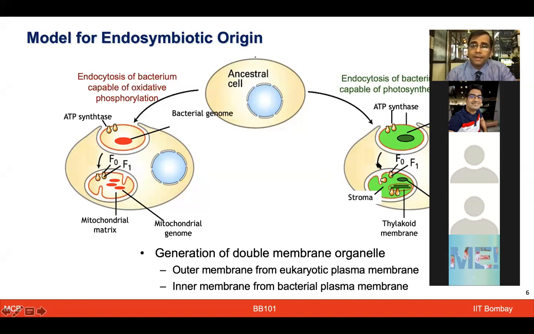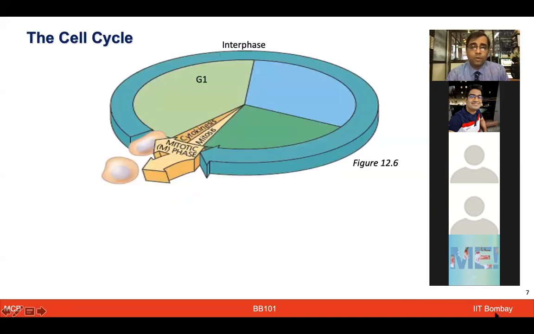Likewise, probably some bacteria which had the ability to do photosynthesis got in touch with the cell, and then they got engulfed and became part of it as the endosymbiont. The term symbiont conveys that cells are going to help each other; they are not going to harm, and that's why they are able to get shelter over there, and then they are doing some work for the cell. So in this way, this bacterium with the photosynthetic ability became part of this eukaryotic cell and became chloroplast eventually.